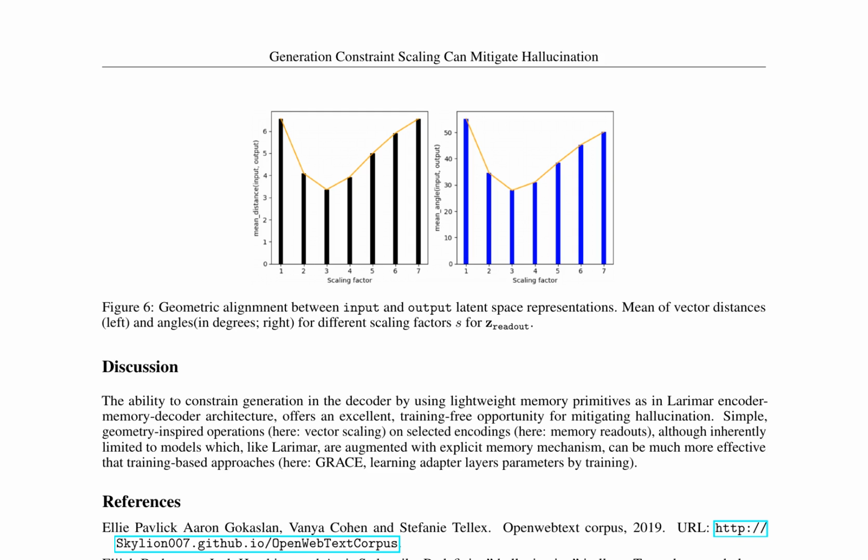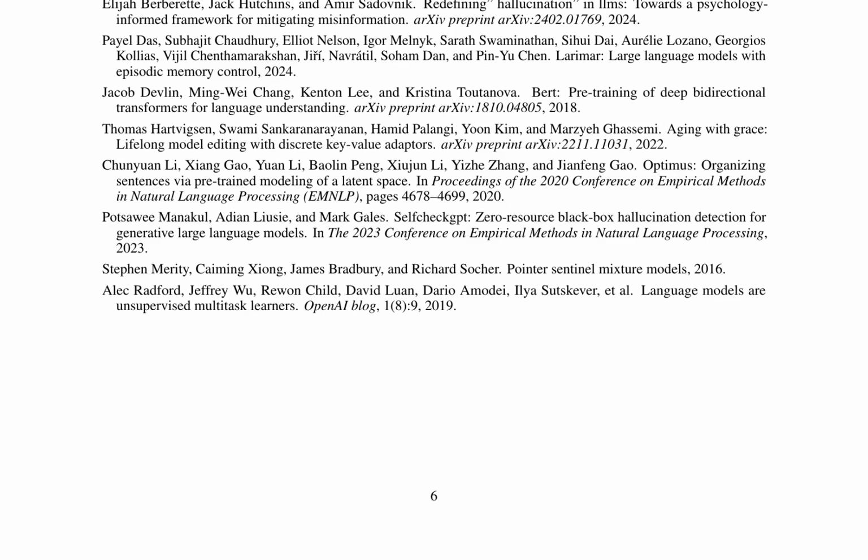The paper explores the mitigation of hallucination in large language models through the use of generation constraint scaling. It highlights the Larimar encoder memory-decoder architecture, which allows for lightweight memory primitives to constrain generation in the decoder. This approach is shown to be more effective than training-based methods, such as Grace, in reducing hallucination. The authors present geometric alignment between input and output latent space representations, demonstrating the mean of vector distances and angles for different scaling factors. They emphasize that this technique can significantly improve the accuracy of generated text by aligning it